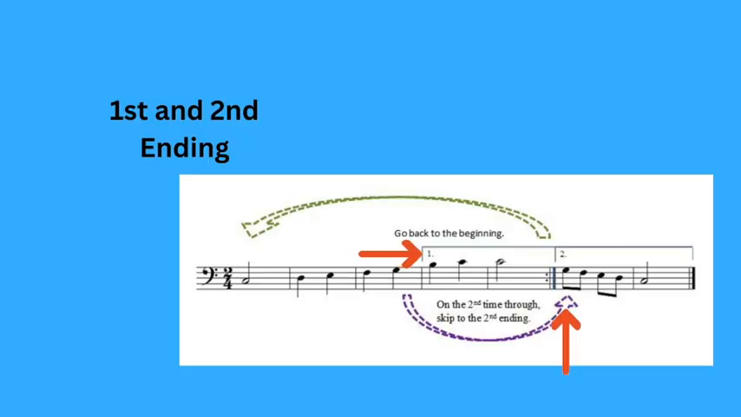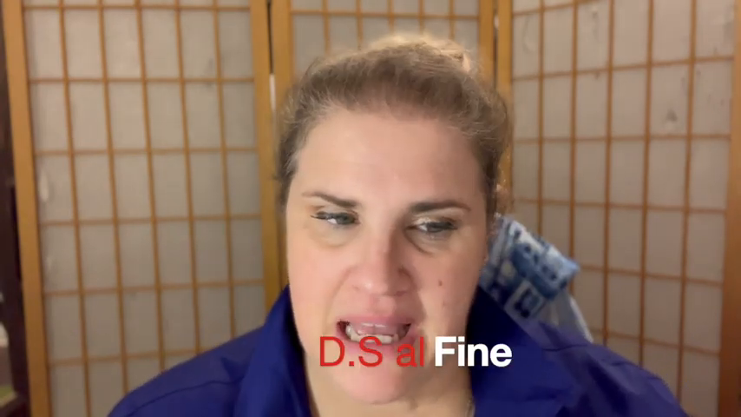First and second endings are going to have a bracket over the top of a measure with the number 1 or the number 2. So you would sing through the music, then you skip over the first bracket to go to the second bracket. Then we have DSL fine or